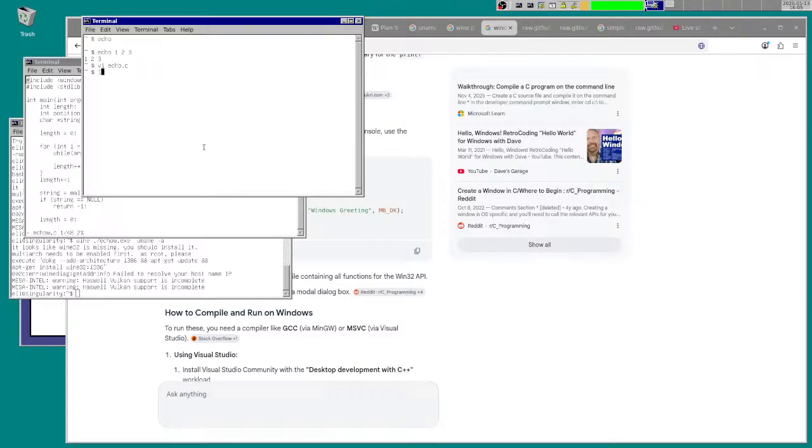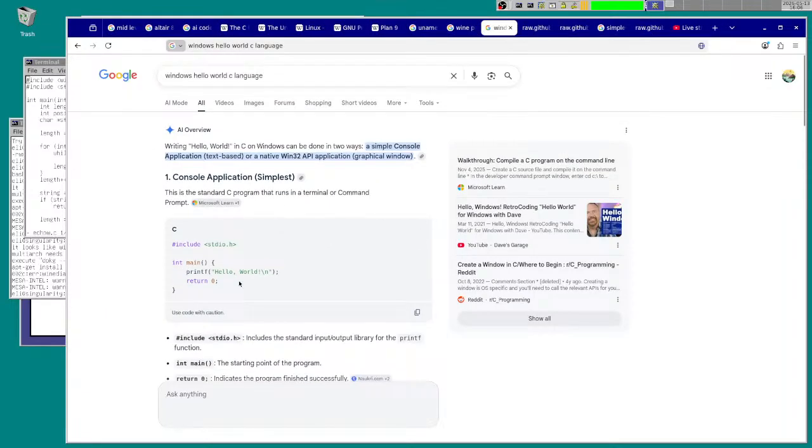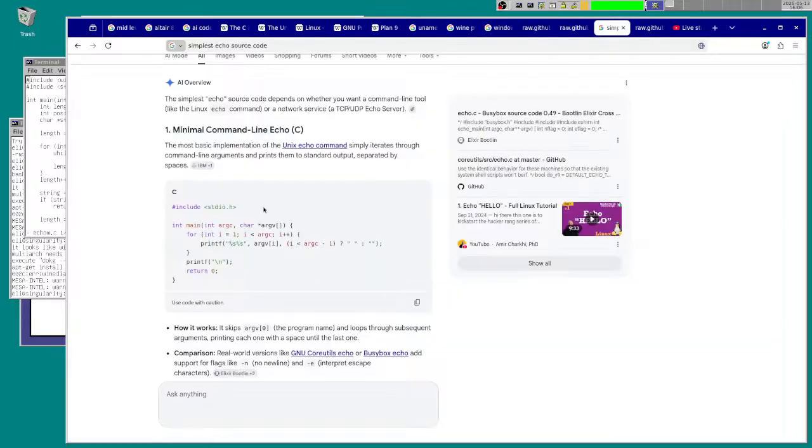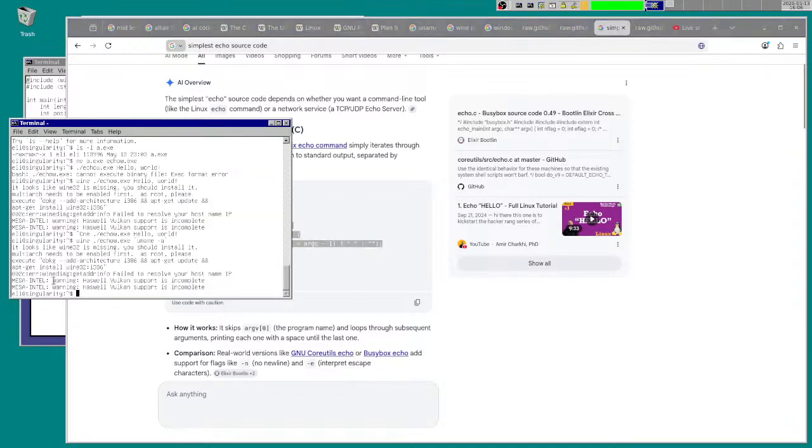Let's see. What did I do with my other echo.c program? I didn't save it, but I copied it over from here. I think this might have been generated by the Google AI.